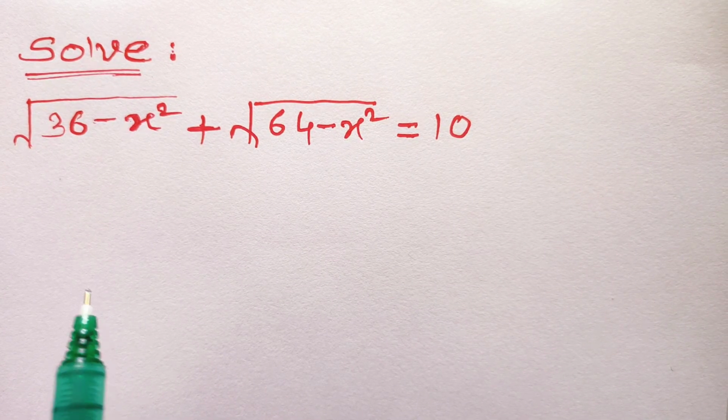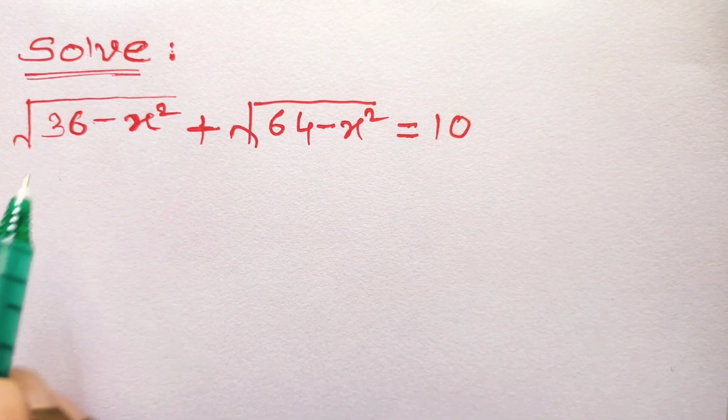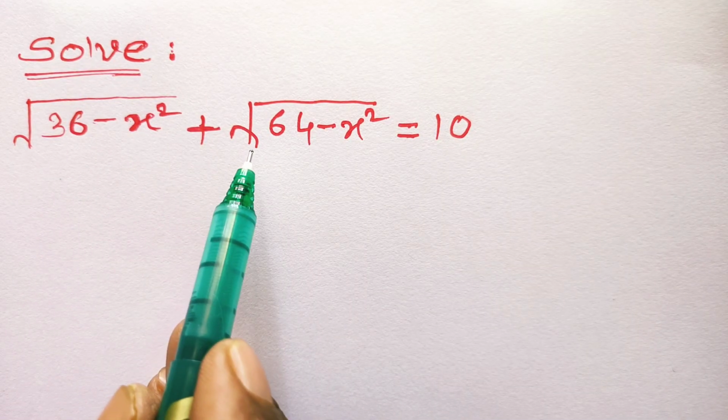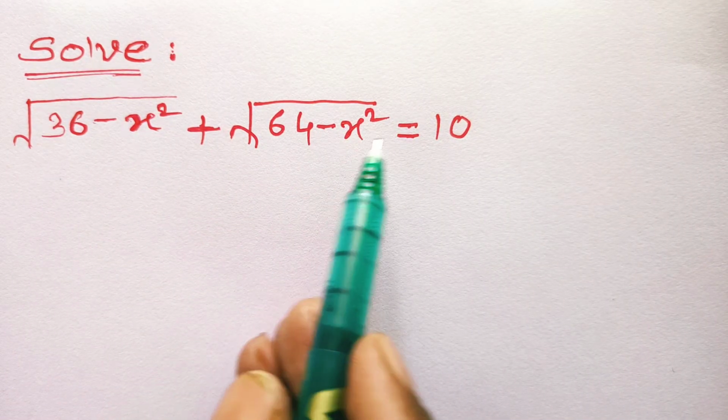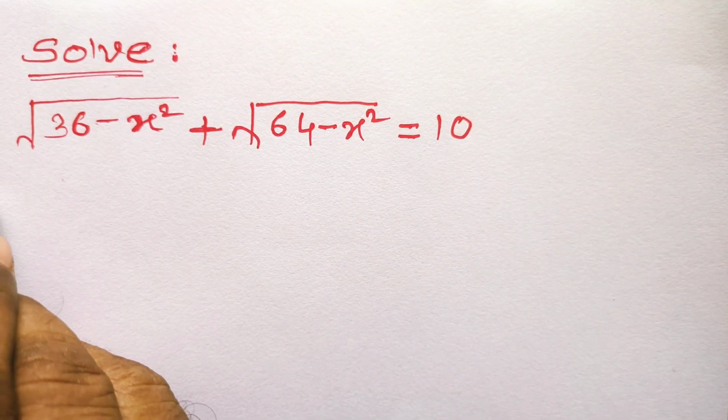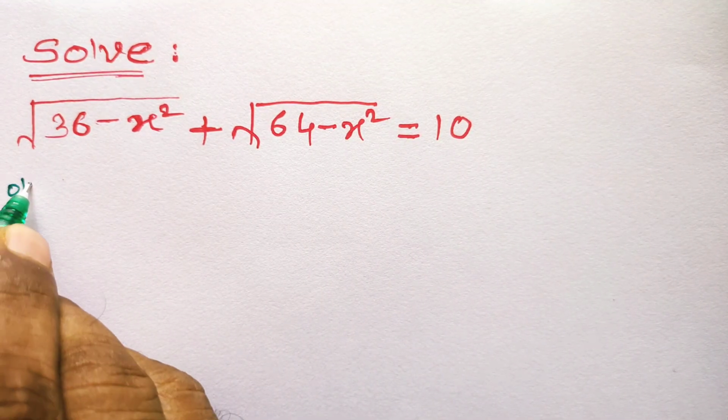Hello everyone, let us solve this equation. Square root of 36 minus x square plus square root of 64 minus x square is equal to 10. So, solution for this: